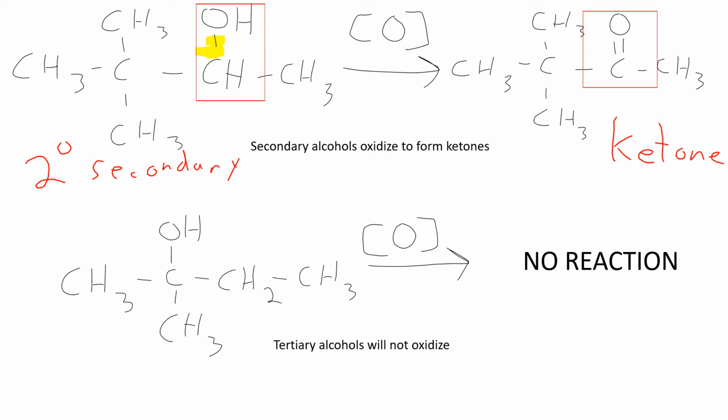In the secondary alcohol, I see I have 1 bond between carbon and oxygen. I look over to the right at the ketone. Now I have 2 bonds. I definitely increase the number of carbon-oxygen bonds. In order to make room for that new carbon-oxygen bond, I had to get rid of a carbon-hydrogen bond.